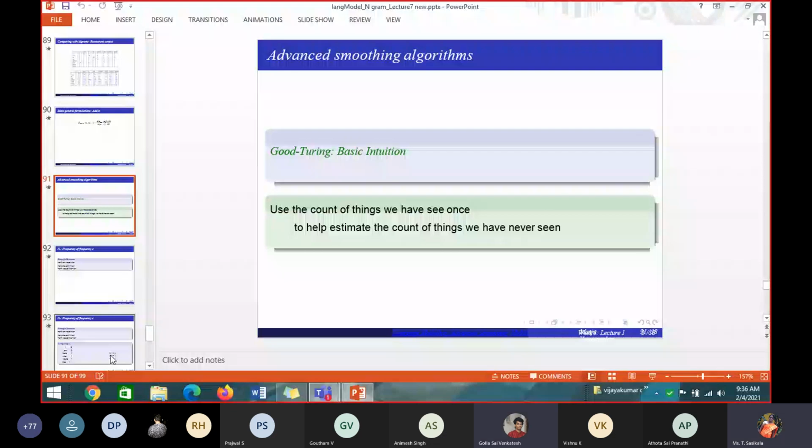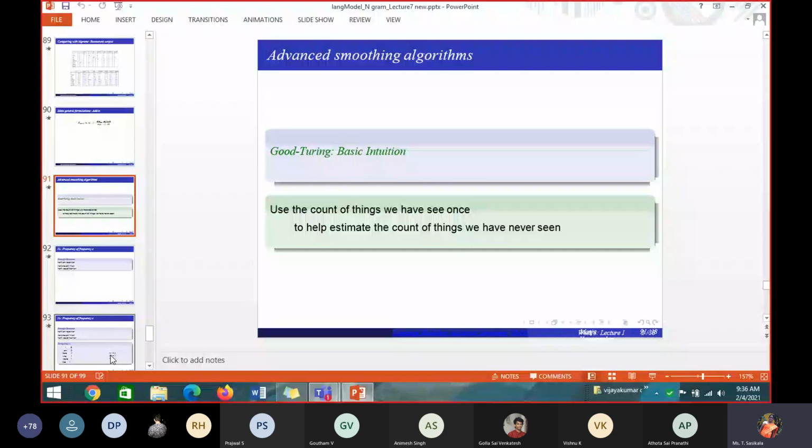What will be its count? 0. I am asking the general thing, right, students? You can answer, I am not asking any tough questions. If a word is not seen, then what will be the count? 0. So if I want to find out the probability for a word that is not seen in the training data, its count is 0. So what should be the probability? If the count is 0, then when I calculate the bigram probability for the entire sentence, it becomes 0. So what should be the probability for the word that I have not seen in the training data?